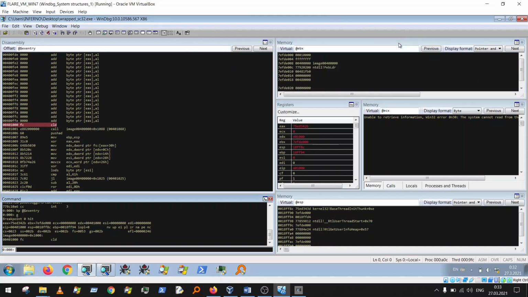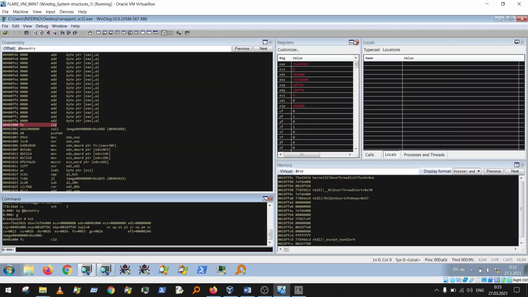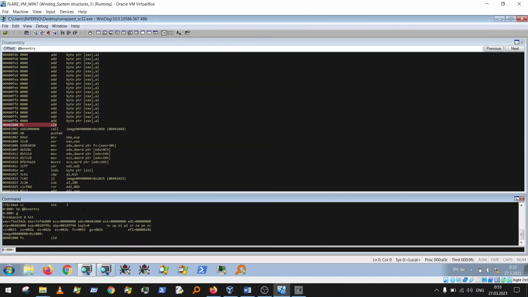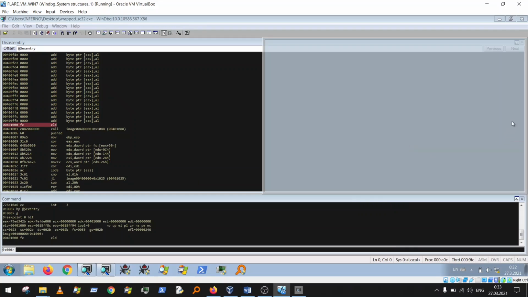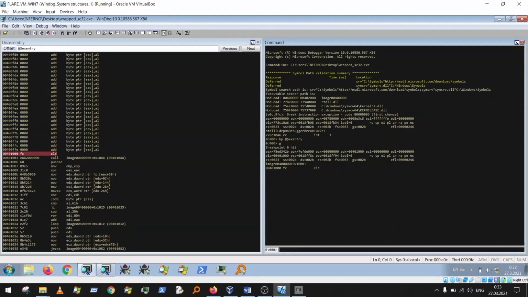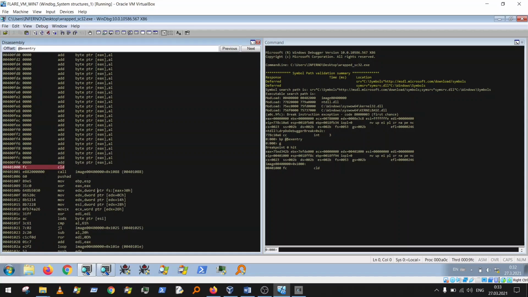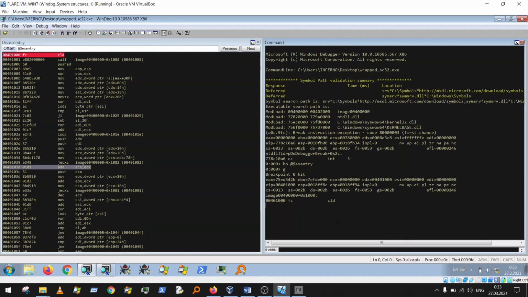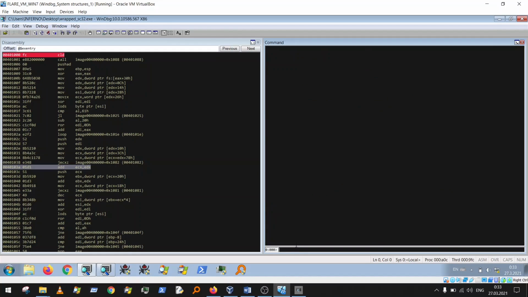Now we don't need this window, so let's close it, and leave only the disassembly view and command view. You can zoom it, and we can zoom this too and clear the command window. Yeah, and we are prepared with the 32-bit Windows Debugger, debugging the 32-bit wrapped shellcode. And jump to the